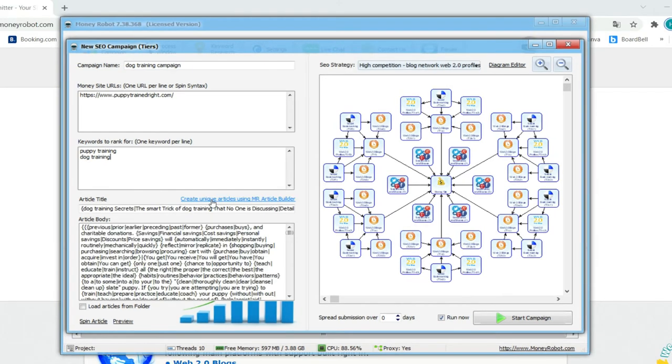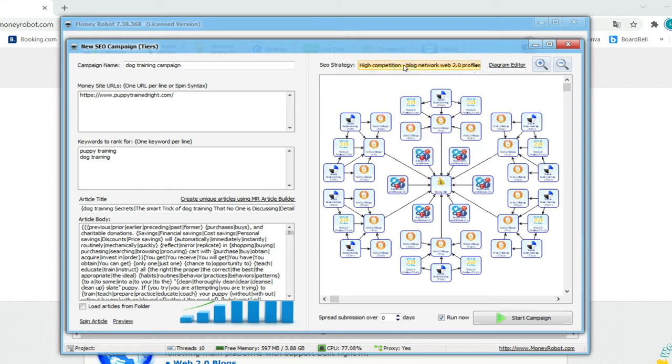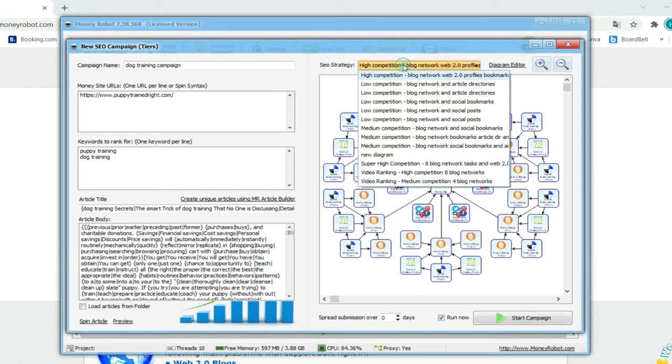Okay, so now the article is automatically created. This is a spin article in which Money Robot will automatically spin the article. As you can see, it has created various versions of the article. And on the right hand side, as you can see, this is the SEO strategy. Whenever you are looking for a high competition keyword, you better use the high competition strategy.